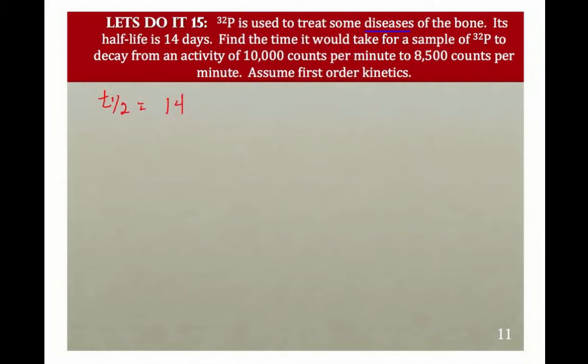You can either list your givens, or another way to do this that I think is really helpful is to just point here and label it with the correct symbol. So you could put T1/2 there, and then you could put your T there. Color doesn't show up very well for us here. All right, now this is kind of unique. You notice in this reaction we've got some very different values for our concentrations. So if we go back to the way that we did first order, because it does tell us it's first